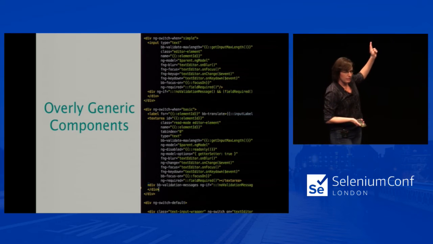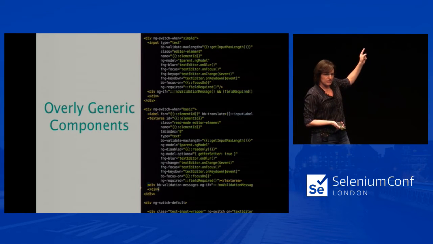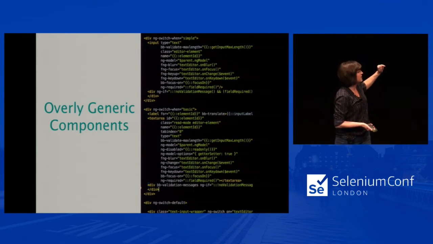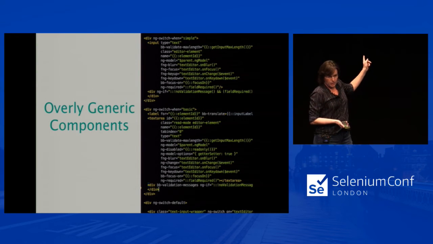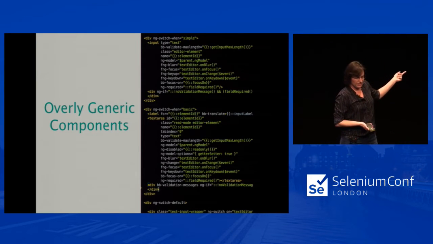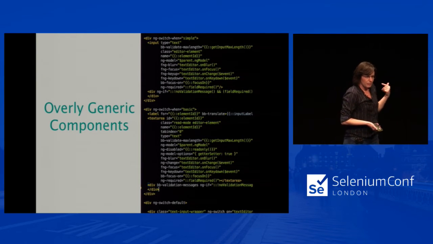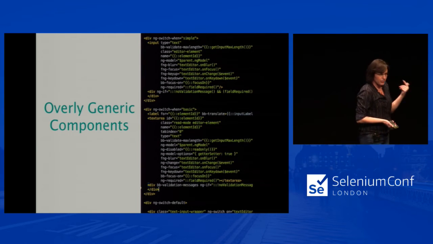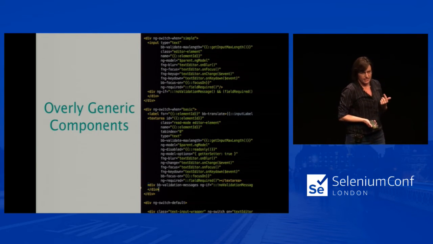And so if you look up here, you can see this is three components built into one that is basically a giant switch statement. And then in addition to that, under each of the different components, you see a huge number of attributes that can be used to customize the way the component behaves. And so the underlying view implementation is the same way. It's really difficult to decipher what the intended use of this component is.